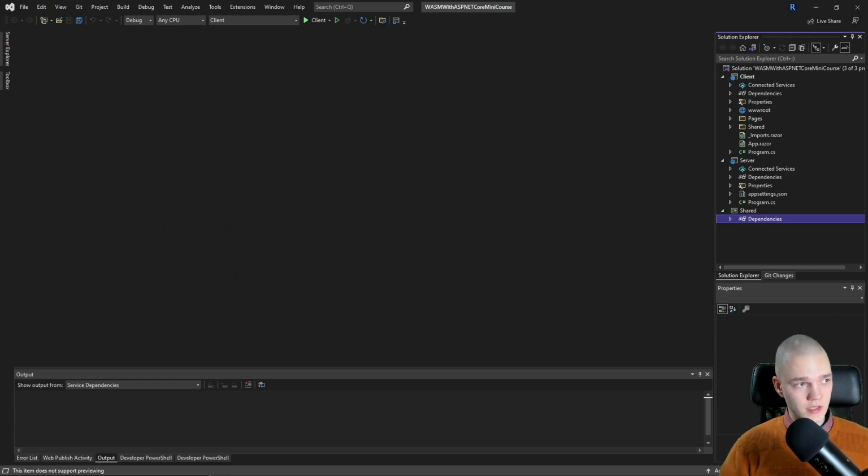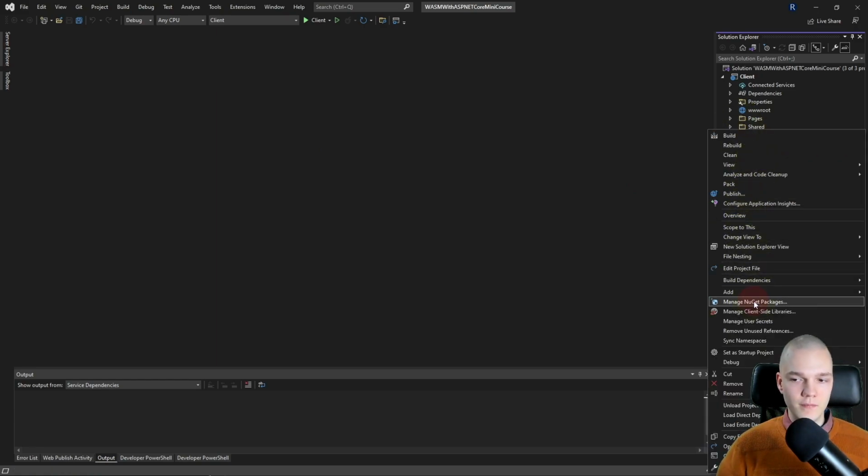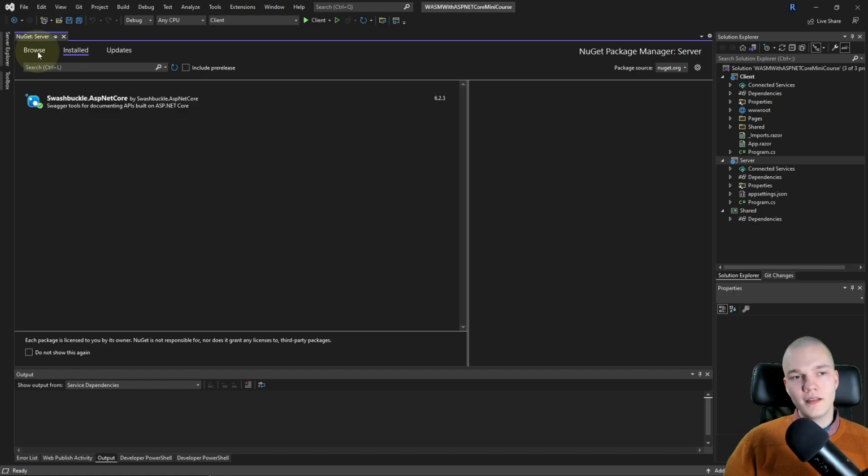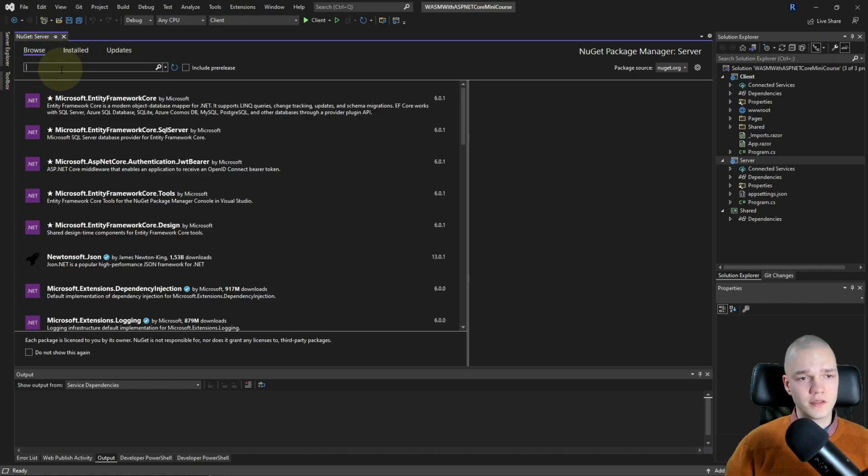Right, so in this mini course I'm gonna go for a SQLite database which will generate from our C# code using a code first approach. So we'll need a few NuGet packages for that. So I'm gonna right click the server, manage NuGet packages. Then I'll go to the browse tab and I'm gonna search for